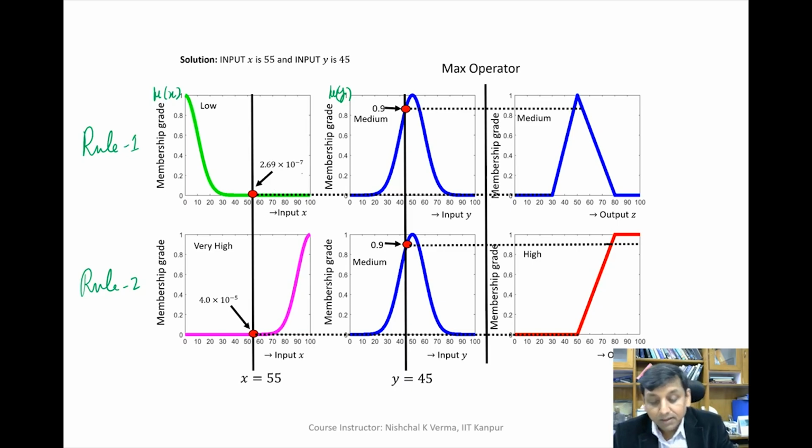Here the first intersection point is 2.69 into 10 raised to power minus 7, which is very low, but we need to write this here because we are computing. And then we have another value which is 0.9, and since we are taking here the max-min composition,